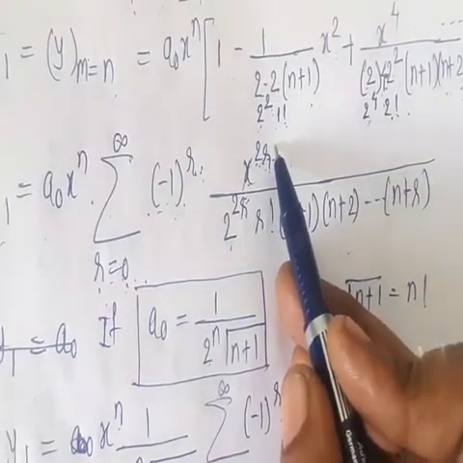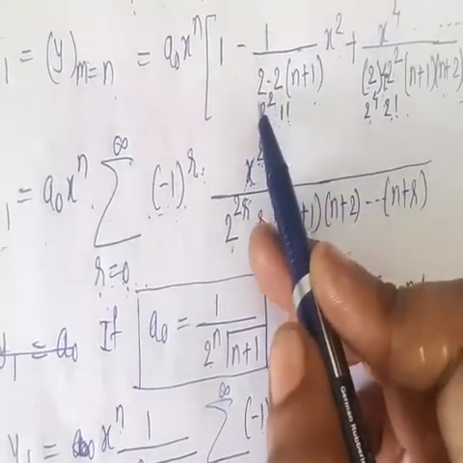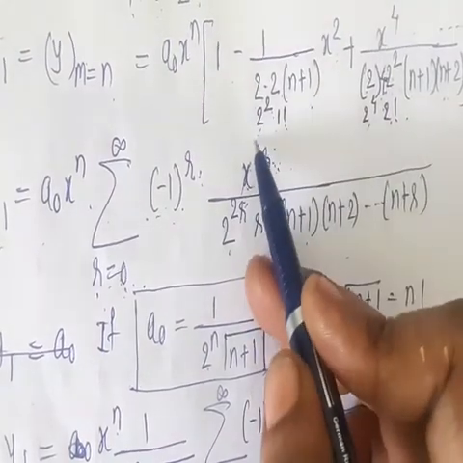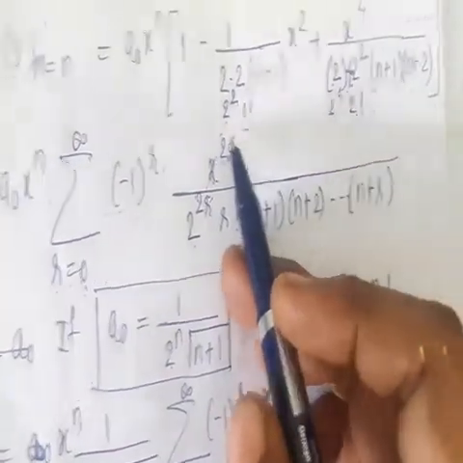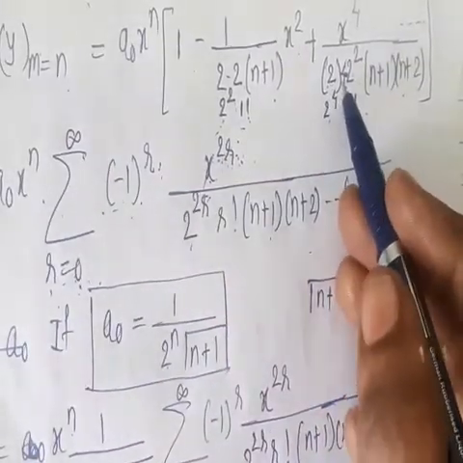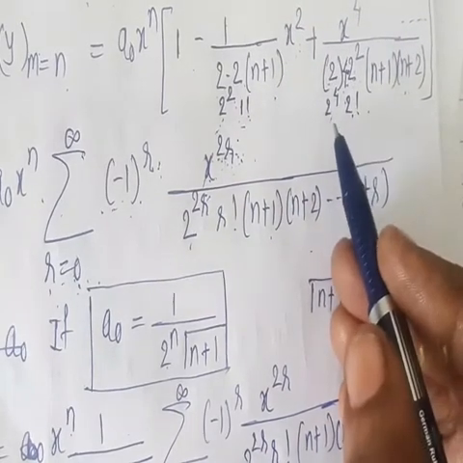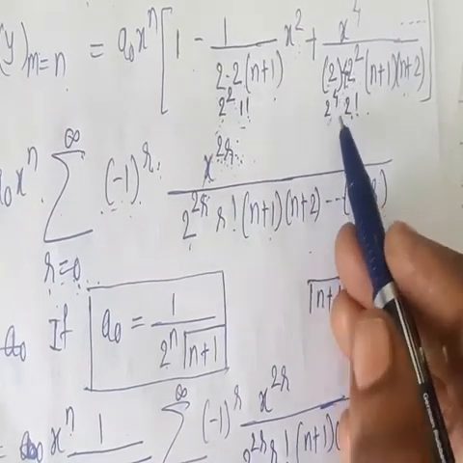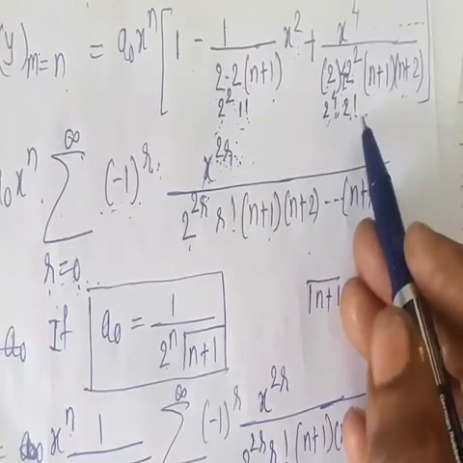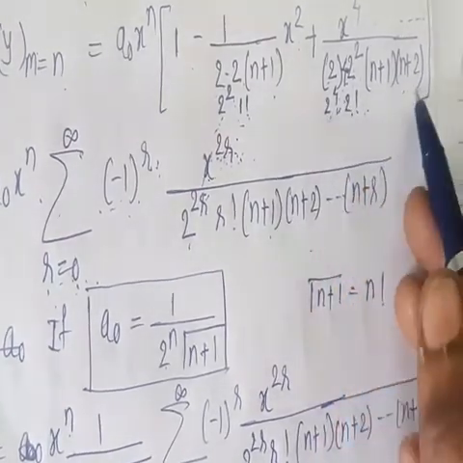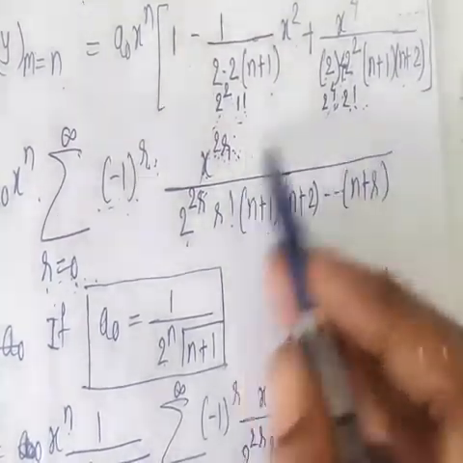So like that all even powers we get, so we can write in general it as x to the power 2r. Similarly, if we observe denominator, it is 2 into 2, which is 2 square into 1 factorial. Then next term is 2 into 4 into 2 square, which is 32. 32 can be written as 2 to the power 4 into 2 factorial. Next, 2 to the power 6 into 3 factorial.